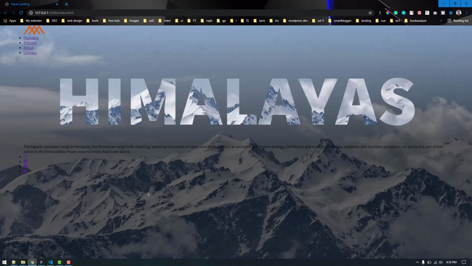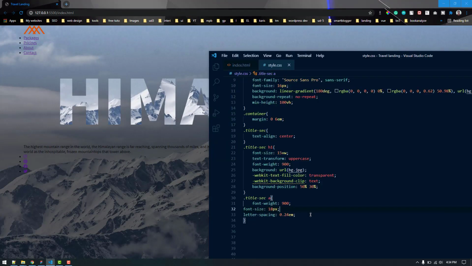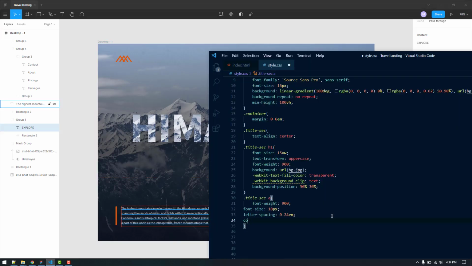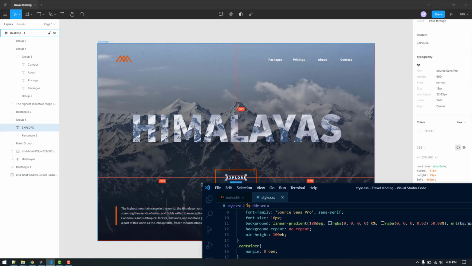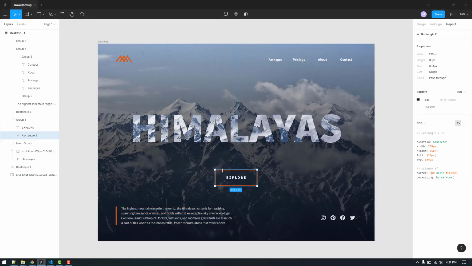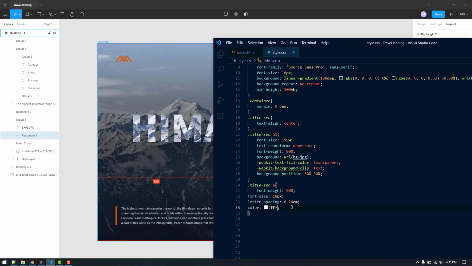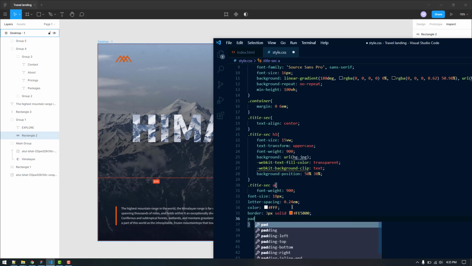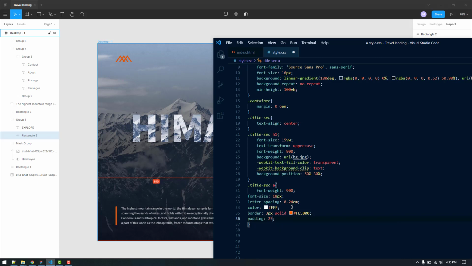and it is also invisible. So let's change the color. It's white, so color triple F to make it white, and also it has this border, so let's get that. But in order to create the padding or the distance between the text and the border, we need to give it a padding. Let's try 25 pixels and 50 pixels,